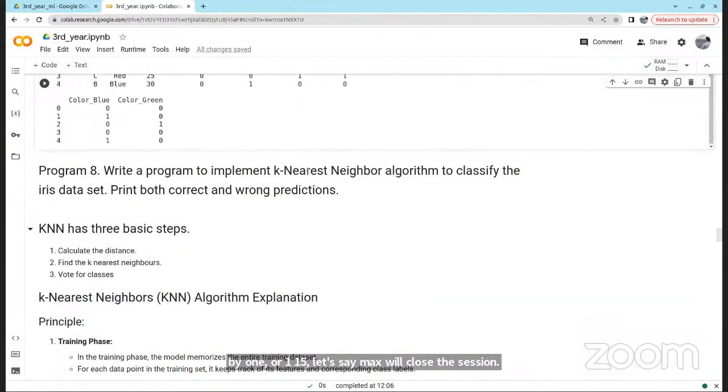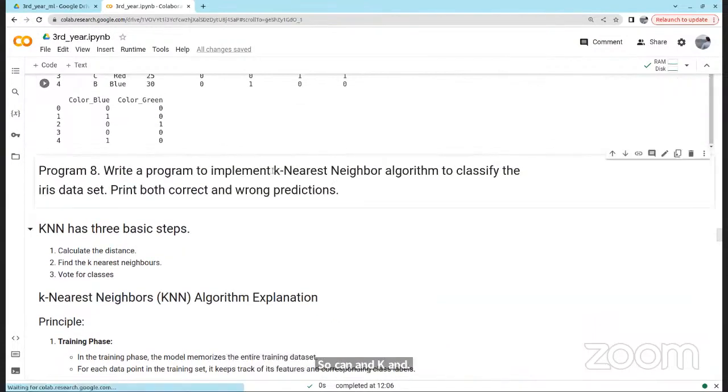KNN is K nearest neighbor. This is a classification algorithm. The actual code is to write a KNN algorithm for the iris dataset and print both correct and wrong predictions.